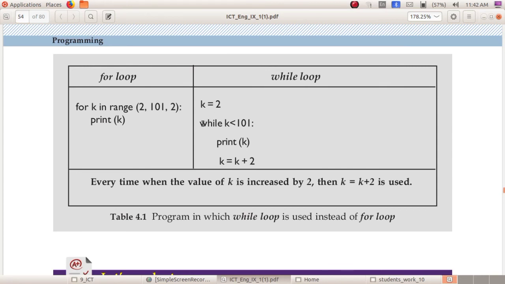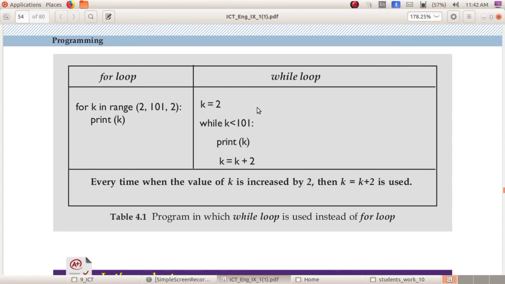Then the computer will go and check k less than 101. Now k is 8. 8 less than 101? Yes, 8 is less than 101. So the computer will print 8. Okay. Next, k equal to 8 plus 2. 8 plus 2 is 10. 10 is less than 101. So the computer will print 10.